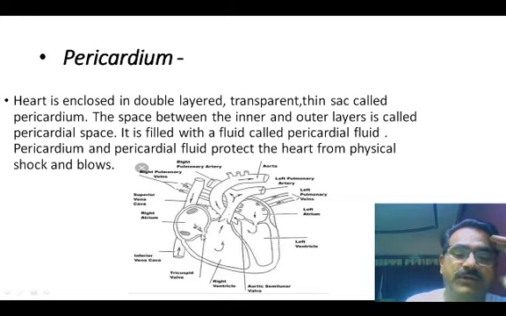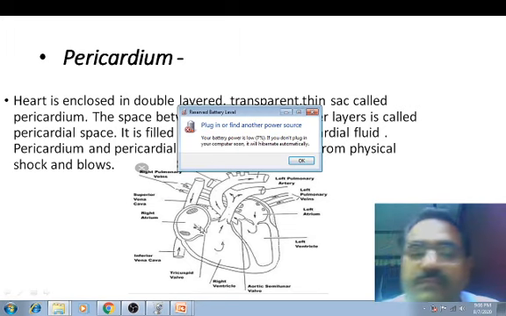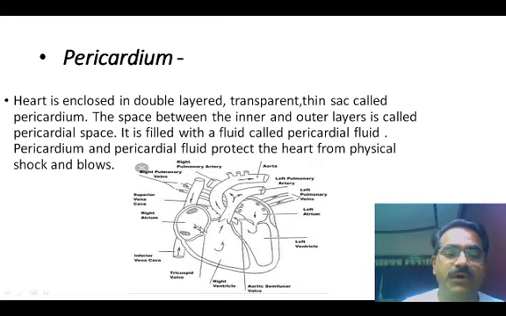and this auriculoventricular aperture is guarded by a specialized valve known as the tricuspid valve, which is present here. Then the blood from the right auricle enters the right ventricle, and from the right ventricle the blood enters the pulmonary arteries, left and right. The left and right pulmonary arteries transport the impure blood toward the lungs for oxygenation,